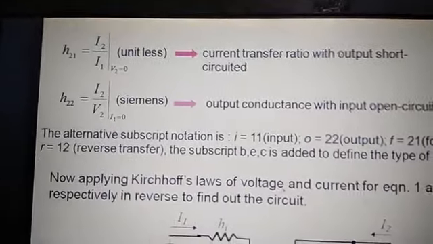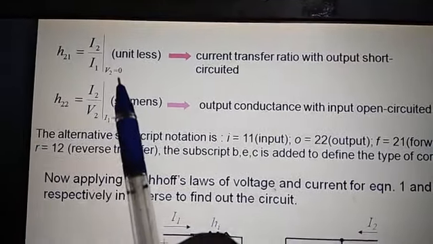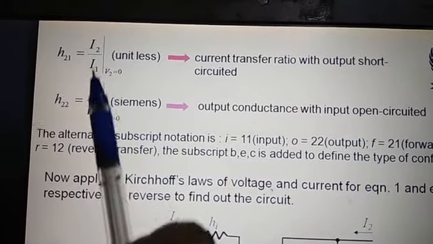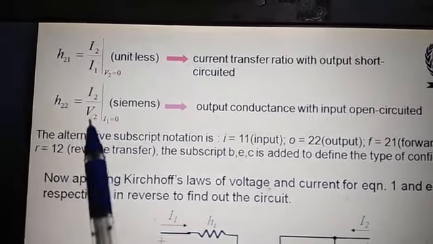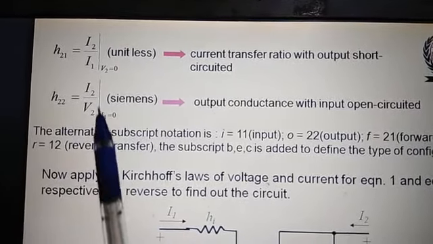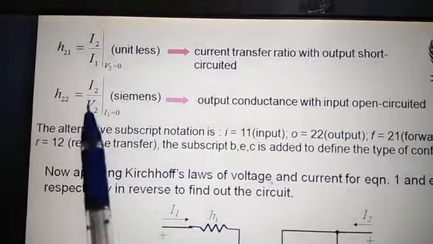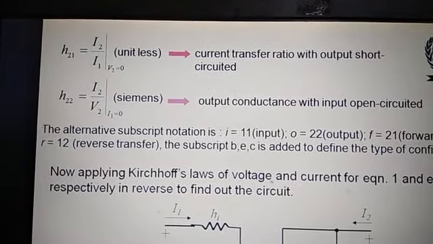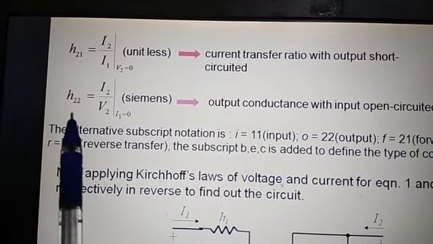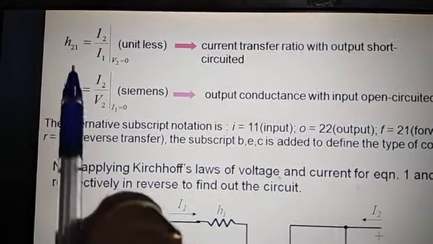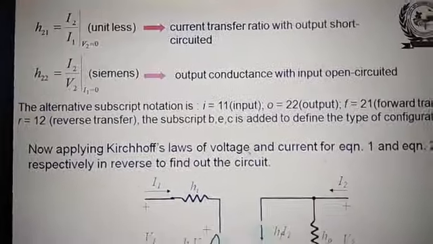The third one is H21, that is I2 upon I1 when output is shorted, that is the forward current gain I2 upon I1. And the last one is H22, that is I2 upon V2, the output impedance when input is open. So two parameters are found when output is shorted, and two parameters are found when input is open. This H22 is called HO, the output conductance. H21 is called the forward current gain, that is HF. So these four parameters are